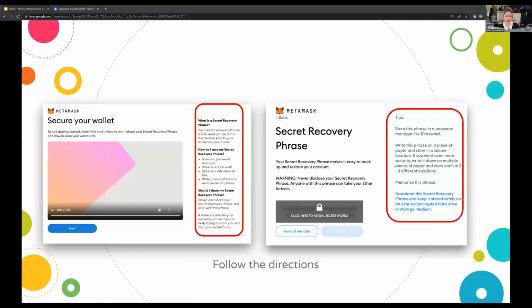Then you'll be asked to watch this video, and please do and pay attention to all of the information that it shares with you. You'll be given a recovery phrase. Do not share this with anyone, and make sure you save it securely. You will want to print it out or put it on a piece of paper in a place where no one else can have access to it. Like I said, think about this as your bank PIN. This is information that you really, really want to protect because this is essentially the information that you need to get into your